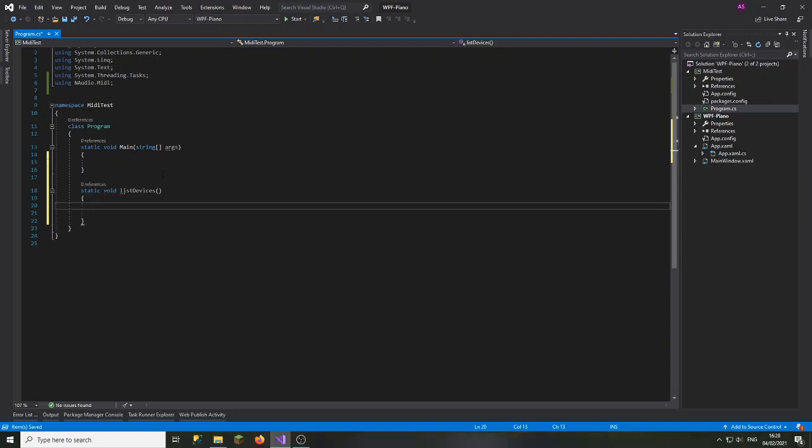There are two kinds of devices: MIDI in and MIDI out. As the name suggests, MIDI in devices are the devices which send MIDI messages into the system, and MIDI out is what the computer sends back out to the MIDI device. NAudio has two built-in objects called MidiIn and MidiOut. So let's write int i equals 0, i less than MidiIn.NumberOfDevices,